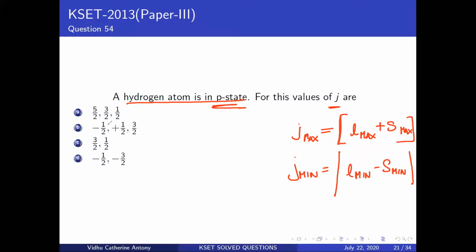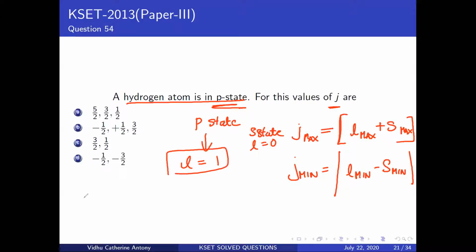Okay, they haven't said electrons. If it's electrons, then you have to calculate your set of L's and your set of S's. Here they've just said the hydrogen atom is in the p state. So what does your p state refer to? Your p state basically refers to L equal to 1. S state is L equal to 0. This is your S state. So p state is L equal to 1.